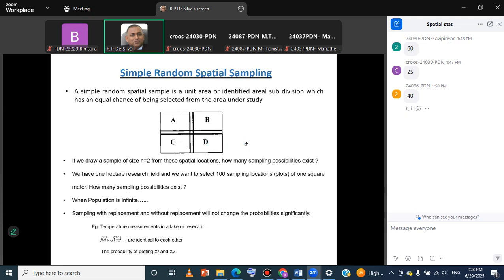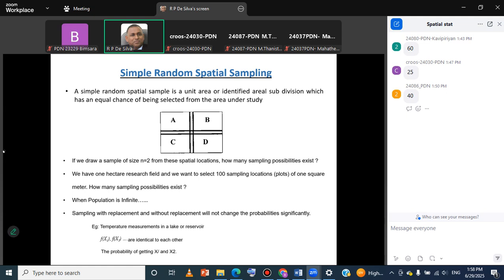Right. Now, if you have these 4, A, B, C, D, suppose you have A, B, C, D, 4 plants. One is the A plant, the second one is the B plant. So once you take the A and B sample, A and B is gone, right? So what is available for you to sample is C and D. So how many combinations do you have? Only